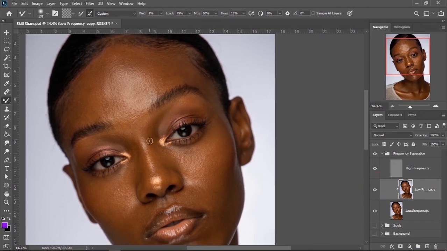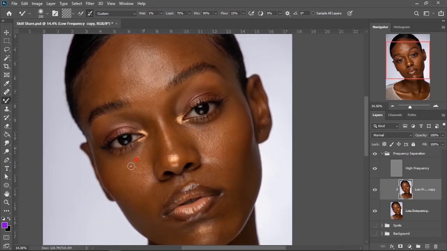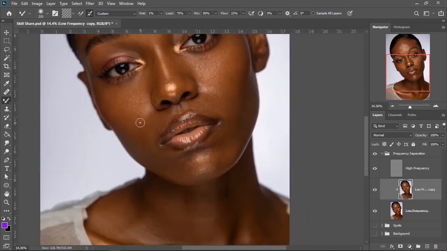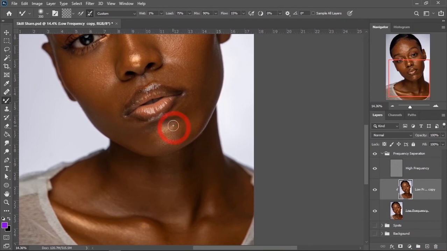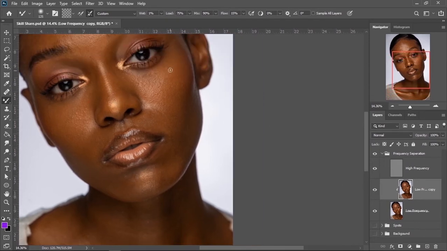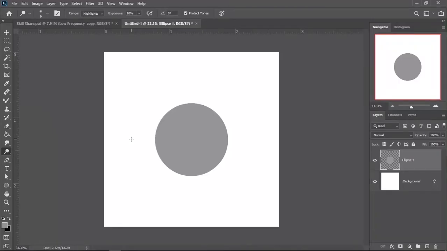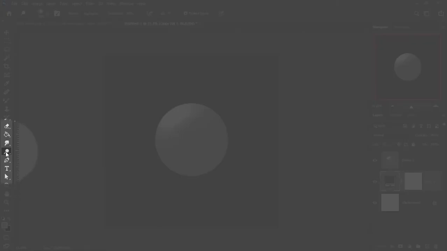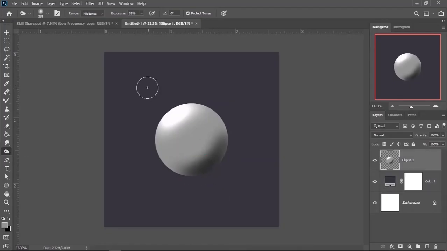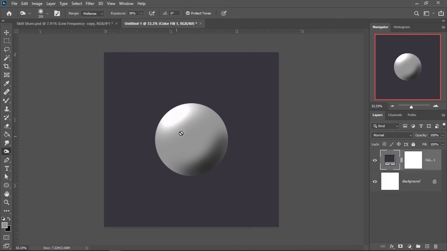Well, my friend, this course is here to take you through the process of retouching your photo with frequency separation. And the good thing about this class is that you don't need to know how to make use of Photoshop, because it is absolutely friendly to beginners and whoever it is that you are using Photoshop. Even if you're just installing Photoshop for the first time or you are just buying the software for the first time, this course is really for you,